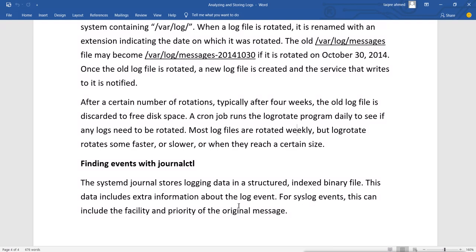So if we want to see those logs collected by the systemd-journald service, we can check them by using this command.